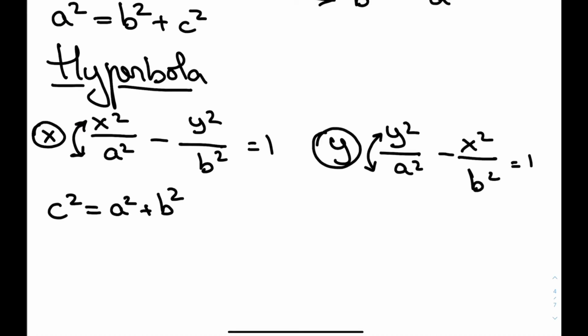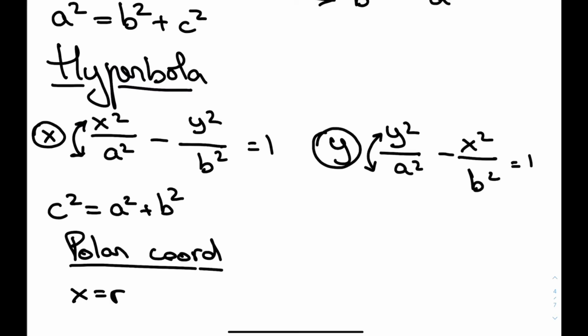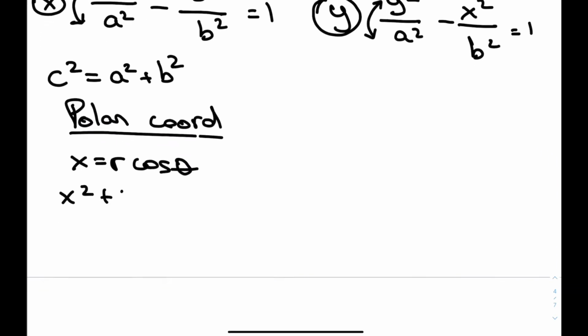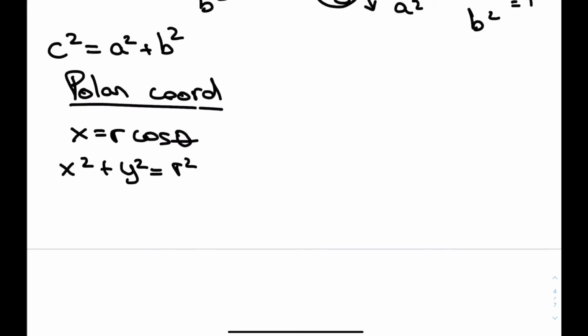Now, the polar coordinates, there are three major formulas that you have to know. X equals to r cosine of angle, x squared plus y squared equals to r squared, y equals to r sine angle. Okay, now all we have to know about the next one is the permutation formula,